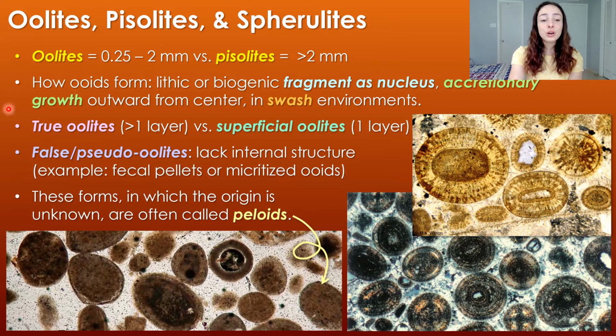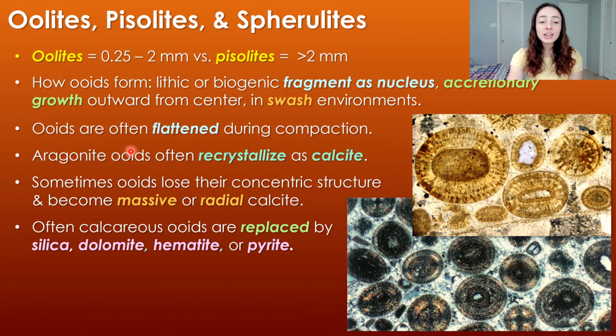These are called pseudo-ooids or pseudo-oolites because they're still spherical and they look like ooids on the outside, but internally they don't have the concentric or radial structure that comes along with ooids. And we can see a picture of such pseudo-ooids down to the bottom left, and these are typically called peloids because their origin is unknown. We're not sure whether they're just degraded micritized ooids or whether they're fecal pellets or whatever they might be. We just know they're not true